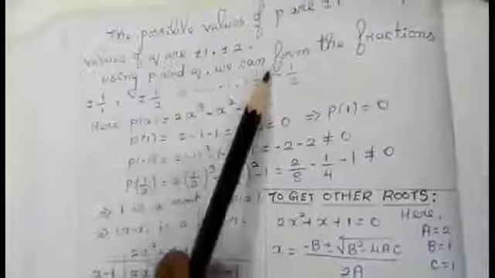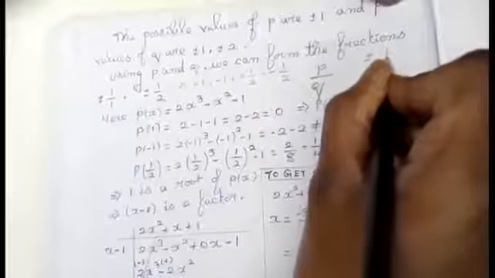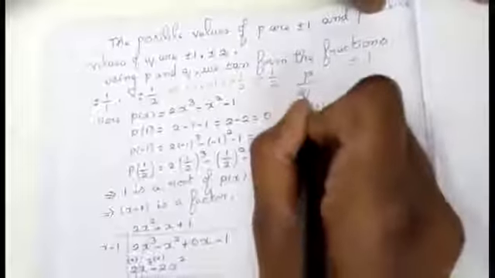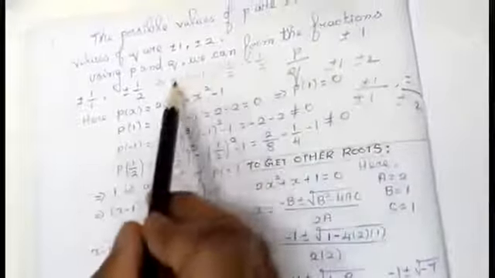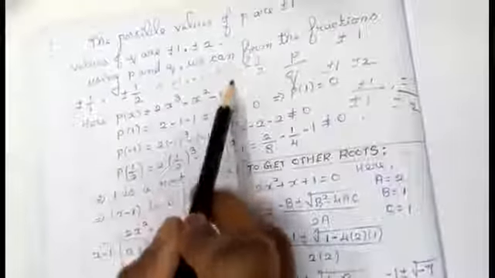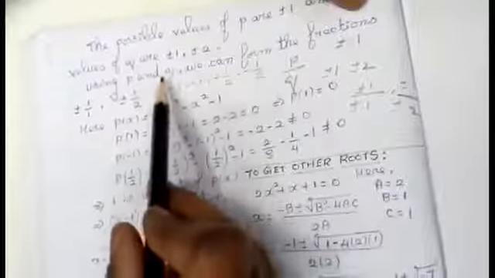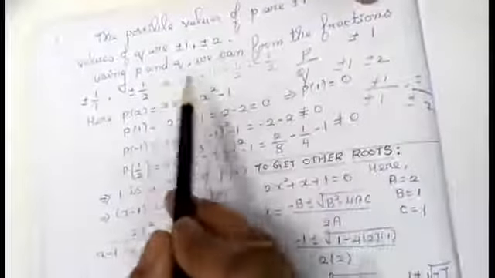Using p and q, we can form the fraction, that is, I want to find the fraction p by q. Plus or minus 1 for p, and plus or minus 1 and plus or minus 2 for q. P by q means what I am going to do? Plus or minus 1 divided by plus or minus 1, and another combination, plus or minus 1 divided by plus or minus 2. So using this combination, positive and negative, if you split it, you are going to get 1, minus 1, plus 1 by 2, minus 1 by 2. Now I am just guessing the solution. So these values may be the solution for the particular equation.